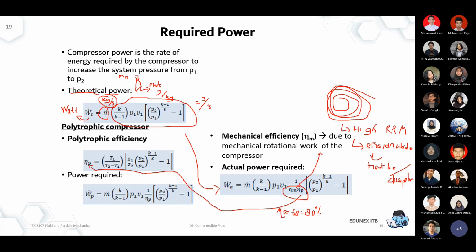And if it's combined together, that's also quite common. It can be expressed as an overall efficiency. So if you have a question or problem later where it's not stated as a separate mechanical efficiency and adiabatic or polytropic efficiency, but stated as an overall efficiency, then you simply put one number at the bottom over here. Let's say it's 0.7 or 0.65 and so on.